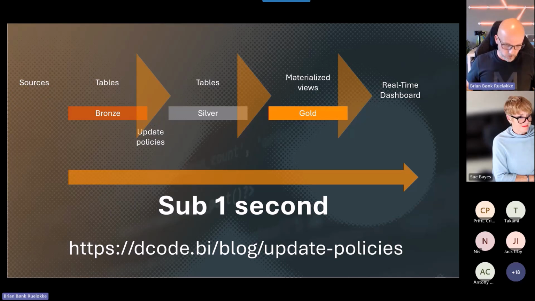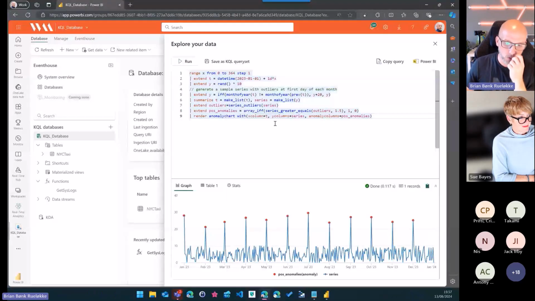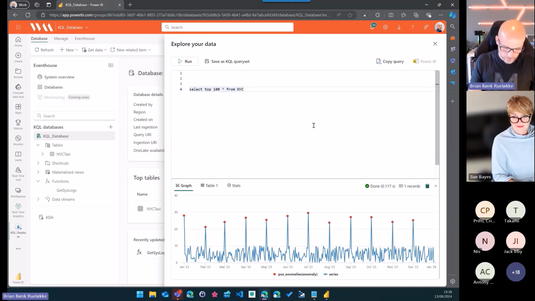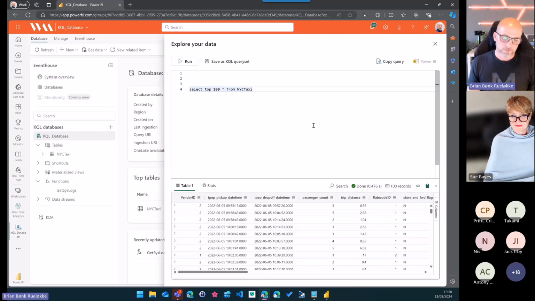What I did not show you is, perhaps you are thinking, I don't want to learn Kusto. I know my SQL world. Well, quite fine. Let me show you. Select top 100 star from New York City taxi. It also works. You can execute SQL against your KQL database. It is fully capable of accepting whatever SQL query you have. It has a few limitations around some CTEs and some recursive things it cannot do.